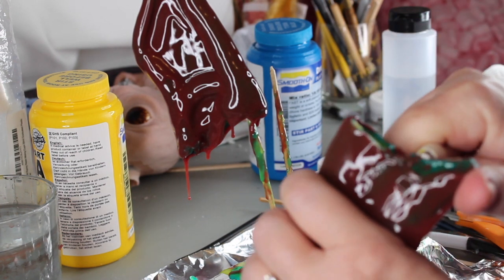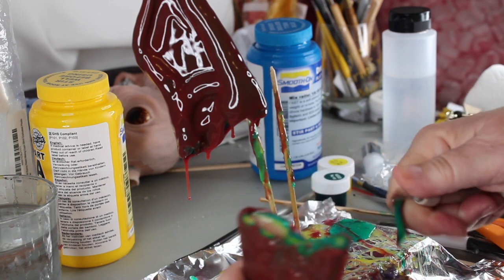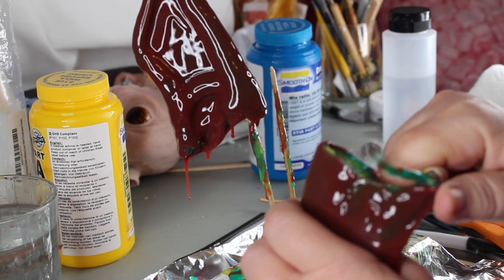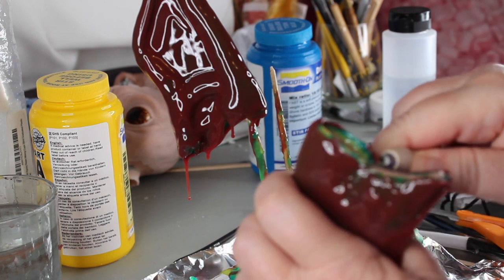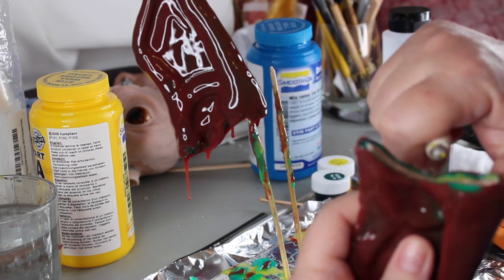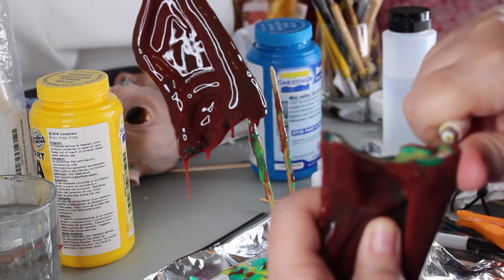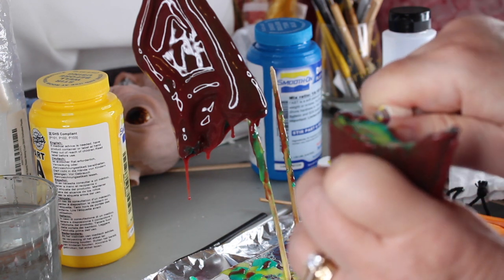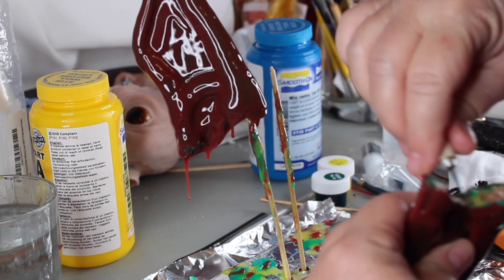I'll show you how all that works when we get to that part, but I had to take some silicone and harden it, get it thick, and then sort of mold a piece onto the upper part and the lower part so that it would fit against his head. It wouldn't be just a flat piece of silicone trying to stick to the head. Now the other thing I'm going to do is put a wire in the ear, and hopefully that's going to help hold the silicone ear to the head,